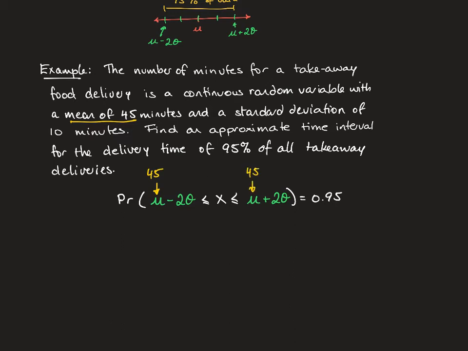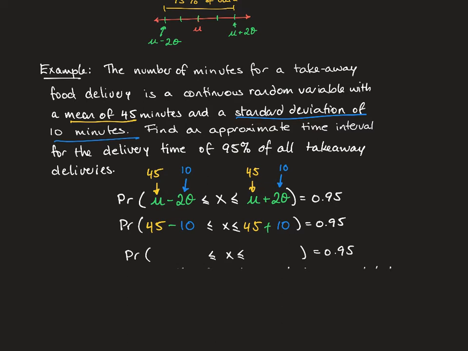We have our standard deviation of 10 minutes, so we put 10 here and 10 here. And then we can work out what those values are. So we've got 45 there and there, one's minus, one's plus, 10 and 10,